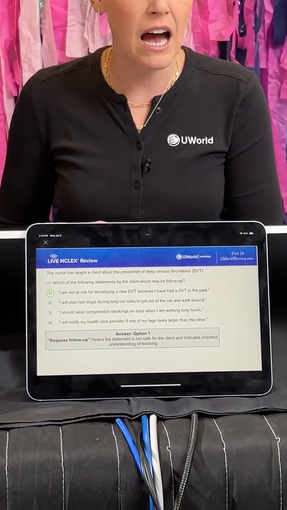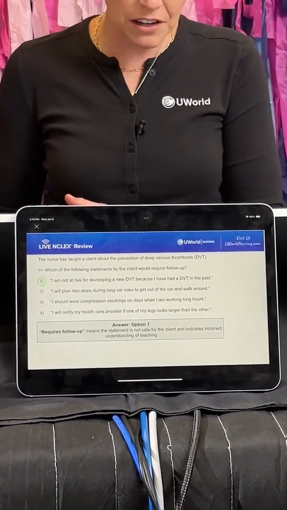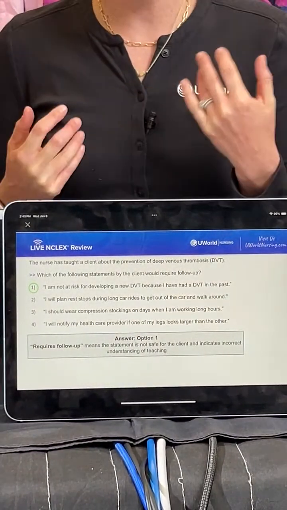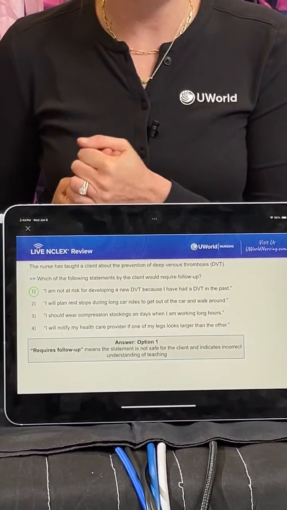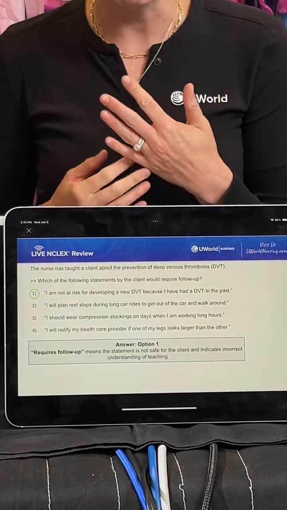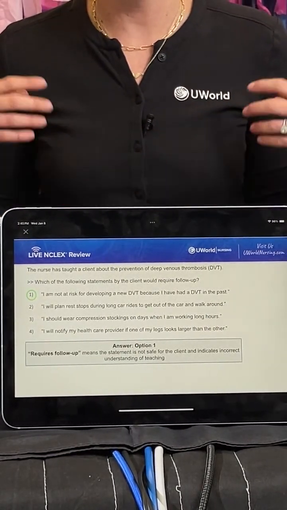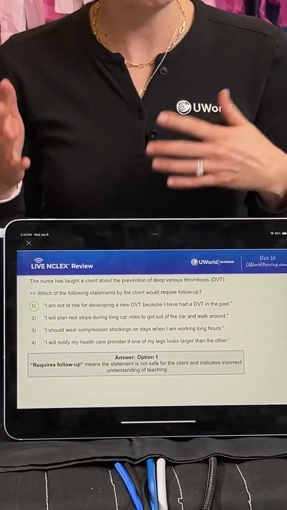All right, so our correct answer on this one is going to be option 1. I am not at risk for developing a new DVT because I have had a DVT in the past. Okay, so this question says, which of the following statements by the client would require follow-up? So our correct answer is going to be the incorrect statement. So something that we need to be like, oh, that's not right. Let me help you out here. So that's what we're seeing in option 1. So again, that requires follow-up is going to mean the statement's not safe,